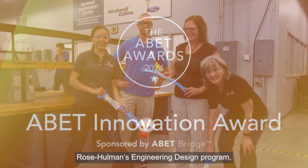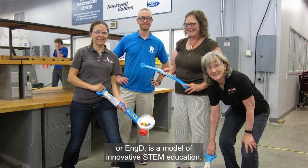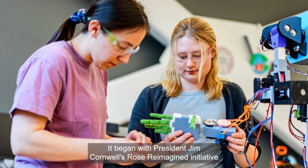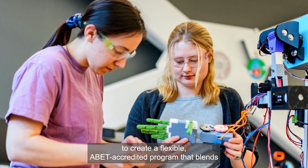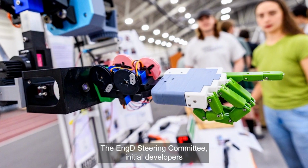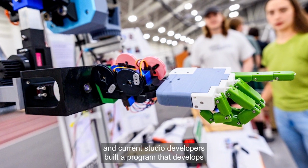Rose-Hulman's Engineering Design Program, or ENGD, is a model of innovative STEM education. It began with President Jim Conwell's Rose Reimagined initiative to create a flexible, ABET accredited program that blends humanities, technical topics, and hands-on learning. The ENGD Steering Committee, initial developers, and current studio developers built a program that develops technical